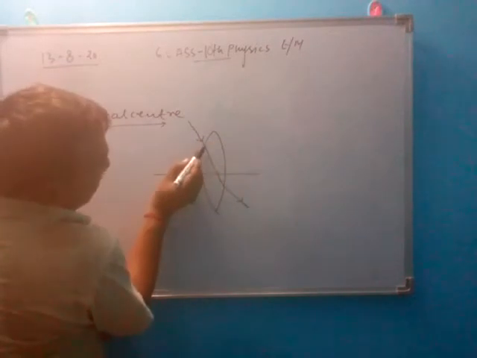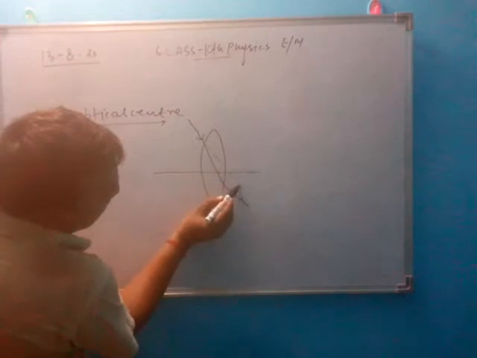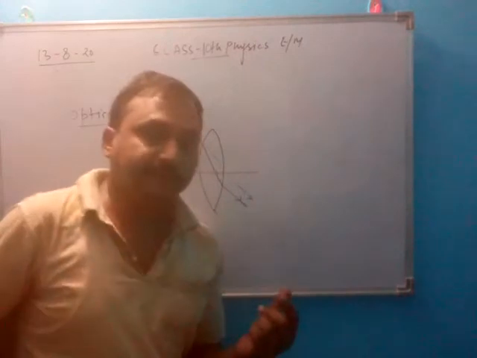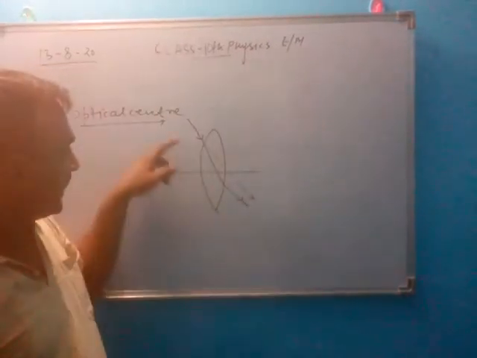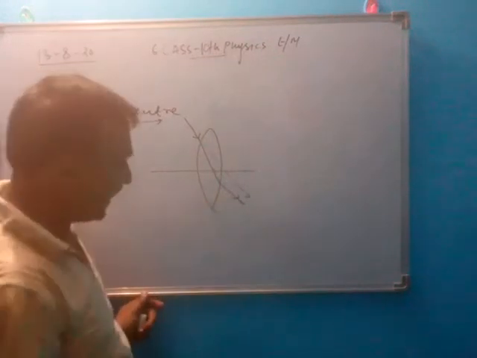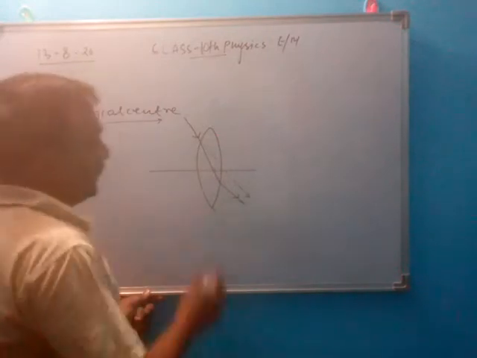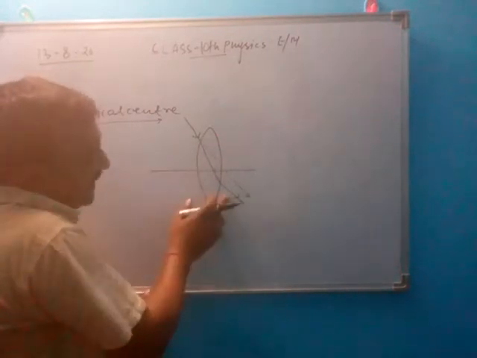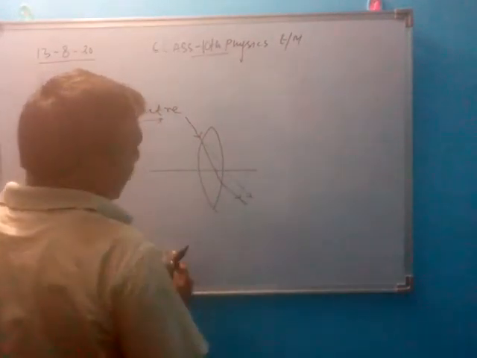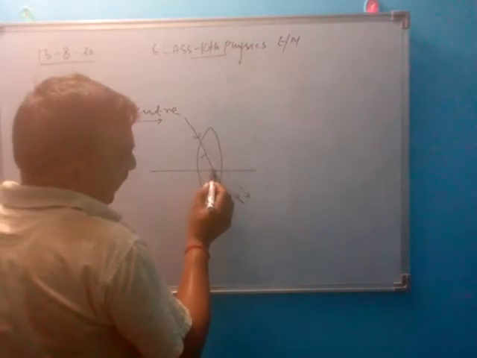In this condition, the emergent light ray becomes parallel to the incident light ray. When the incident light ray and emergent light ray become parallel to each other, the refracted light ray cuts a point inside